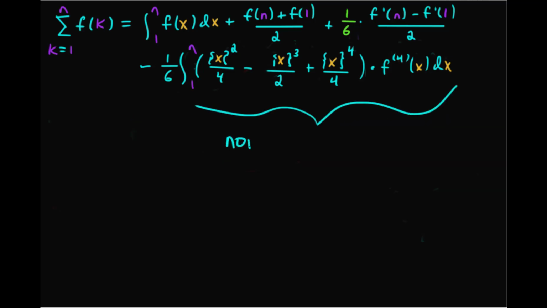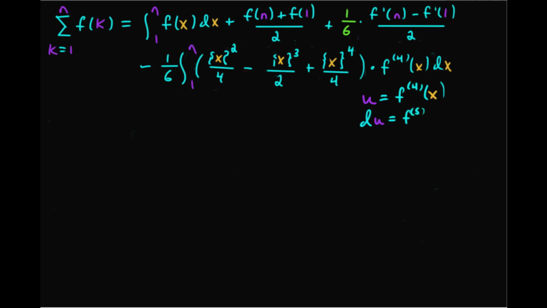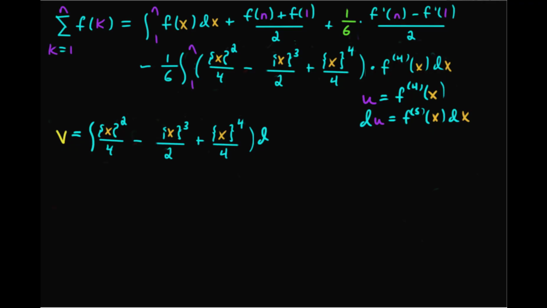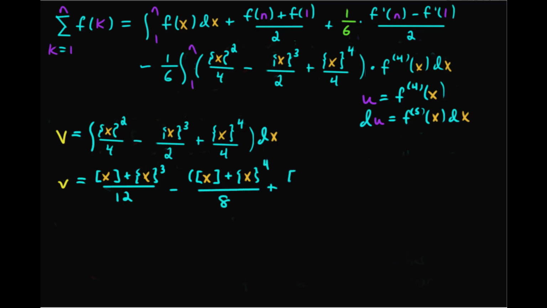And just the same as before, one round of integration by parts isn't sufficient to produce a new form of the EMSF, so we need to do another round of integration by parts. We'll let u equal the fourth derivative of f of x, then du will equal the fifth derivative of f of x dx. And then we'll have that v equals the integral of that expression in parentheses. So I'm not going to read it out again, but we'll have that v equals the floor of x plus the fractional part of x cubed all over 12, minus the floor of x plus the fractional part of x to the fourth all over 8, plus the floor of x plus the fractional part of x to the fifth